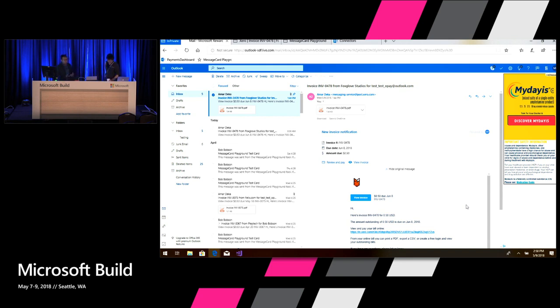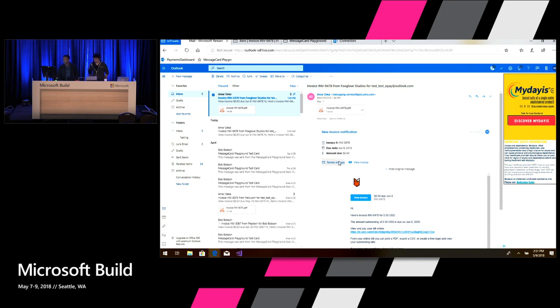And we worked with Xero to get the intent of this invoice to be clear with adaptive card markup. So whenever you see a new invoice from Xero, it will have an adaptive card, which we call a payment card, with the right intent to get paid within your inbox. So here is an example. This invoice came from Xero's invoicing system, and when it is received by the user in Outlook, they would see this particular payment card. It has the information about the invoice, when it is due and the amount, and a clear action to review and pay.